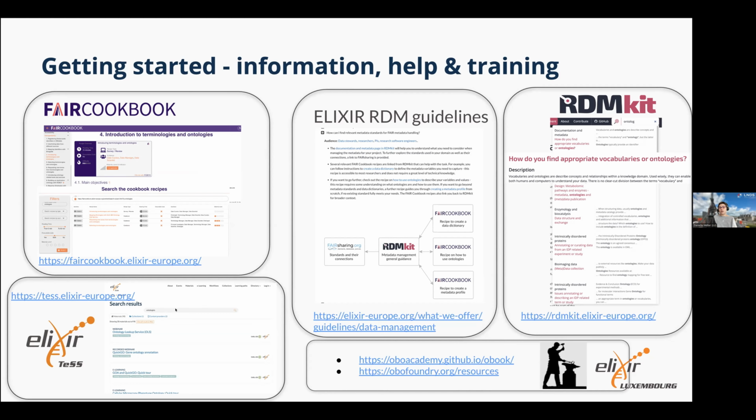There's a bunch of ontology training materials in TeSS. Again, another ELIXIR resource, so you can just search for ontologies and you get a whole load of information. Lots of it related to GO, so Gene Ontology, but also other ontologies. And then I also wanted to refer you to the OBO Foundry resources, in particular the OBO Academy, OBOOK, which is a bit more on the technical side of ontology development, but has some fantastic tutorials and other how-tos, and also links out to further courses. So they're all really great places to get information, help, training, and so on.